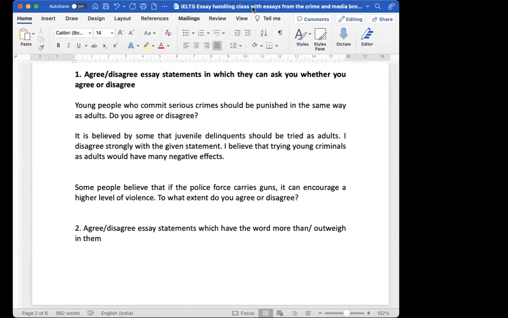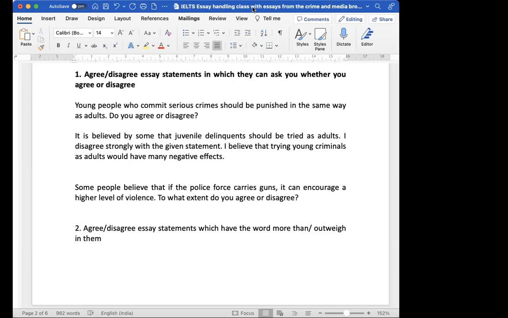Some say no, and some say to some extent. You want to say that the police force should roam around in the streets without guns, and if criminals come with guns, then the police should raise their hands and say, we surrender, don't kill us. You are the kings, we are without arms, we will go with the concession. What concession will you give? Ma'am, the concession will not work.